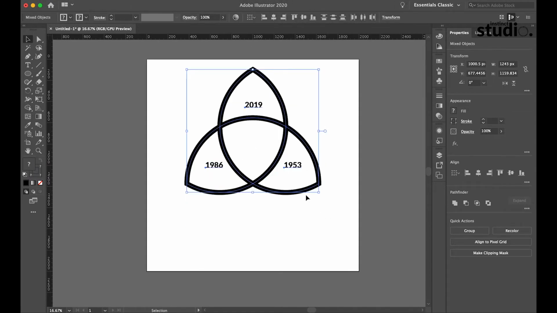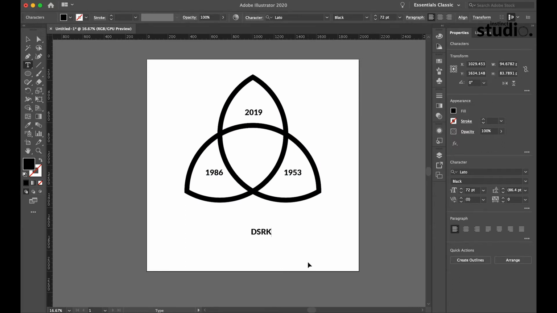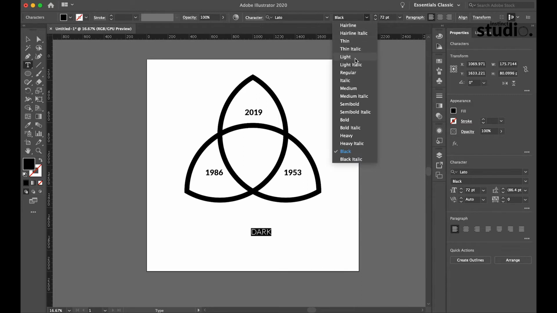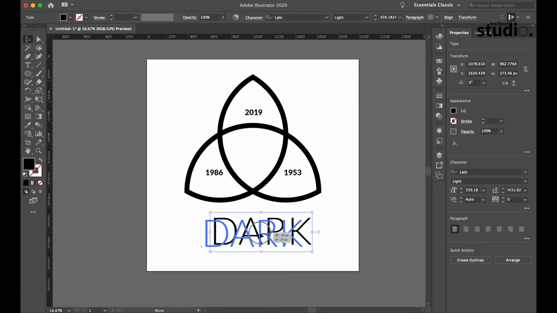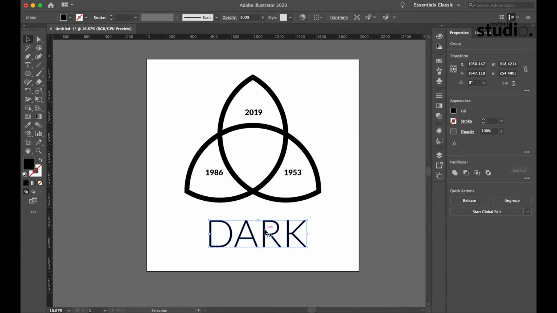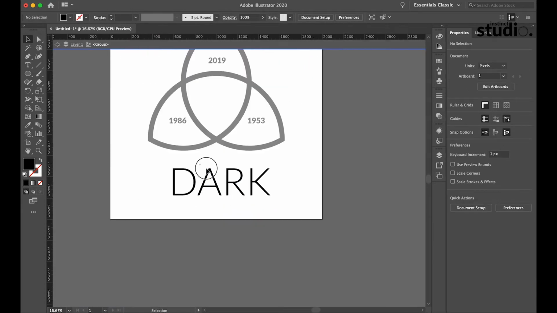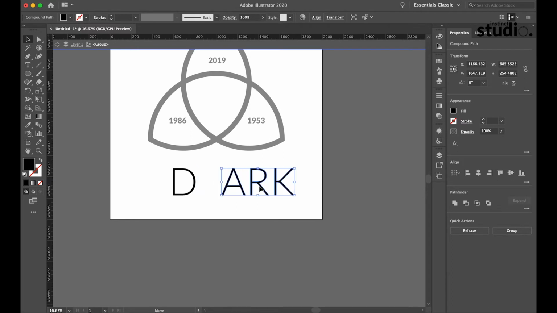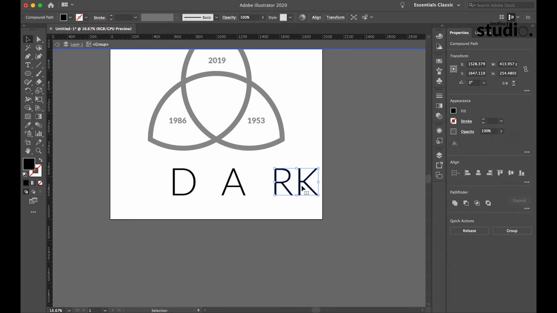So for this next part, we'll try to create that typography that we see in the Dark poster. We have used the Lato font in this. We'll create outlines. I think we don't need commentary over this because everybody knows how to do this, and it will be pretty clear to understand. Just space it out. Use the rectangle tool to align them properly.